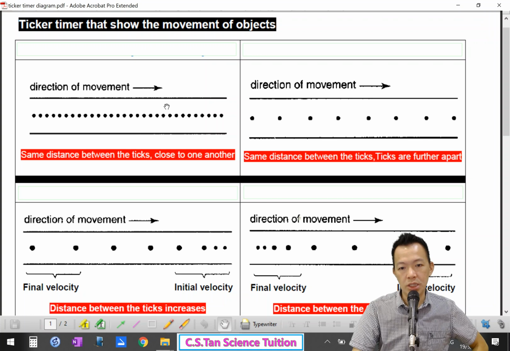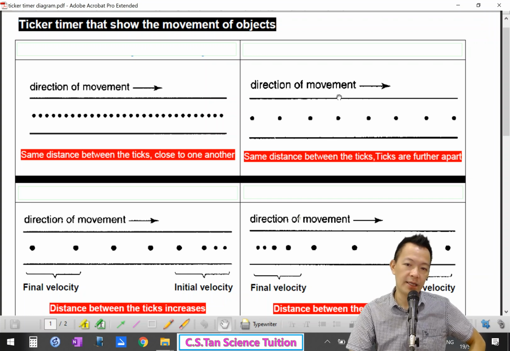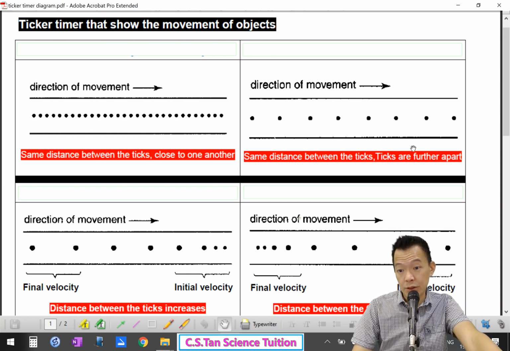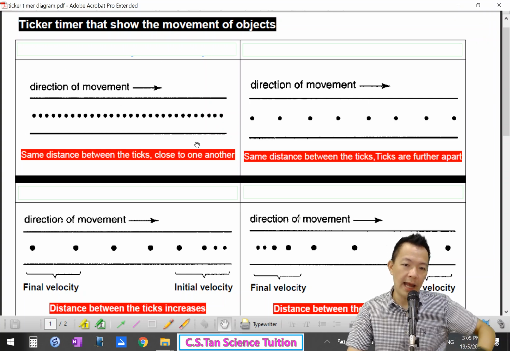From these two, can you tell me which one actually the trolley just now 那辆小车 move faster? 哪一个它可以走得比较快呢？Okay, you see, for this trolley, in a certain unit of time, the distance traveled by the trolley is longer, 比较长. Compared to the trolley on the left-hand side, in a certain period of time, 就是 0.02, okay, 0.02. The distance traveled in 0.02 second actually is really short. So 这个比较慢，这个比较快。